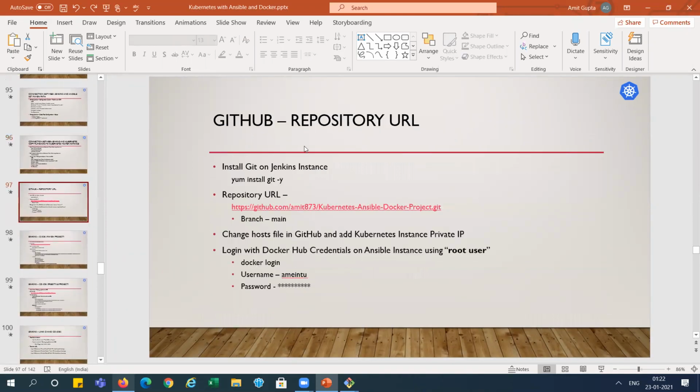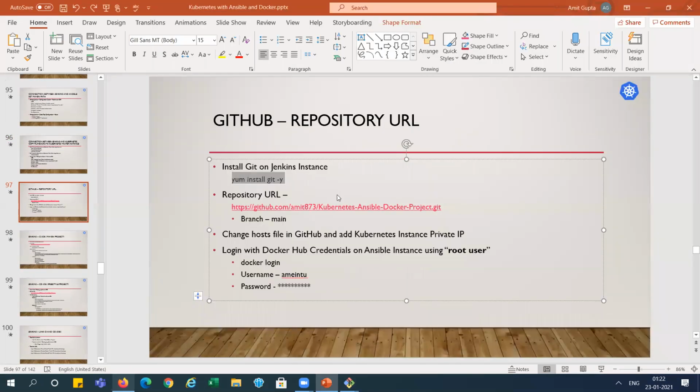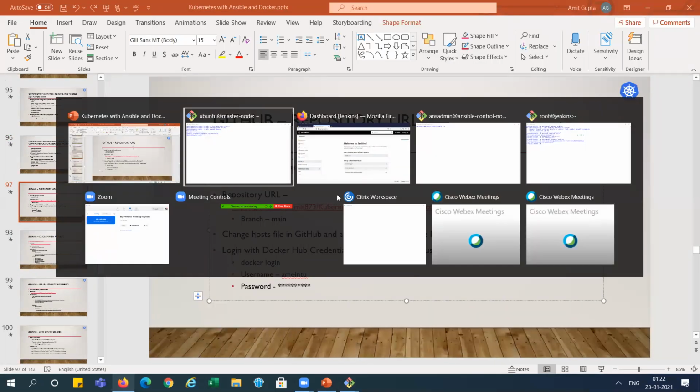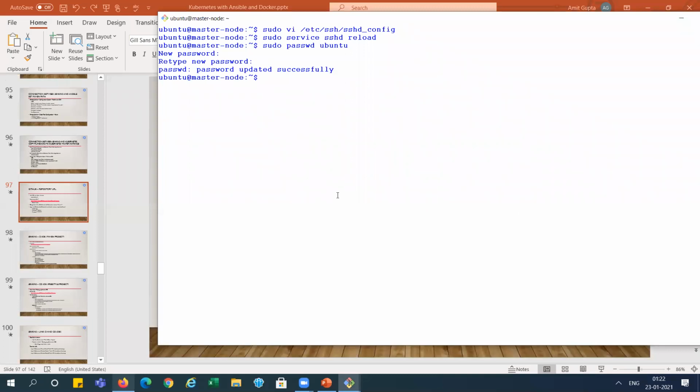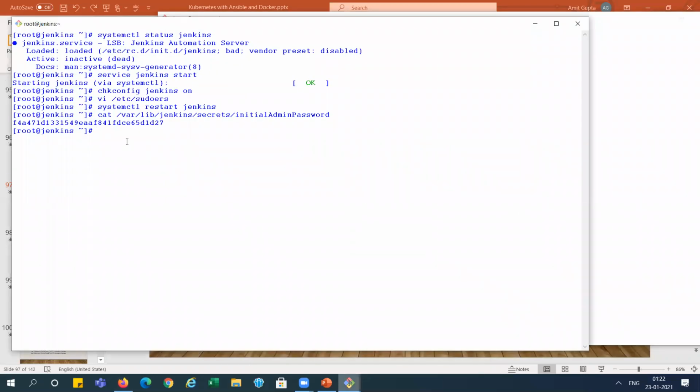Now we need to check the GitHub URL, and on the Jenkins instance go and run git, because Git is not installed by default in the Amazon AMI, right? So this is the master node, not required. We're looking for Jenkins. This is the Jenkins machine, right? You can see we have already given the name Jenkins here.